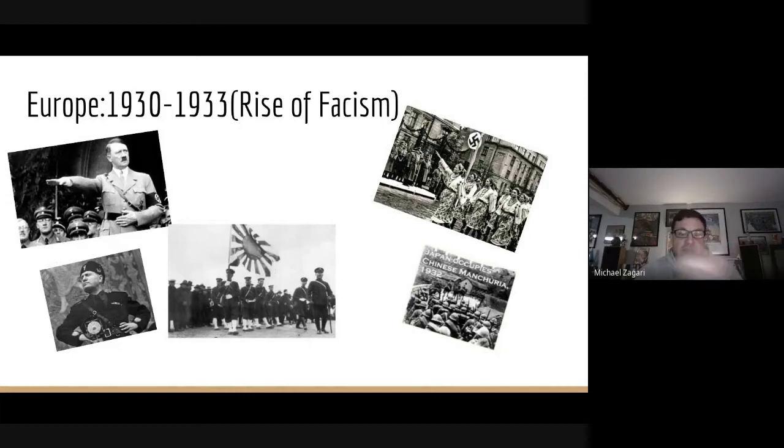So what we see here in these pictures, we see Hitler, we see Mussolini, and we also see the rise of these Japanese totalitarian regimes. And also with militarism and extreme nationalism, we also start to see extreme racism as part of this as well. So now let's move on to as these fascists are coming together, we're now seeing this march of aggression.